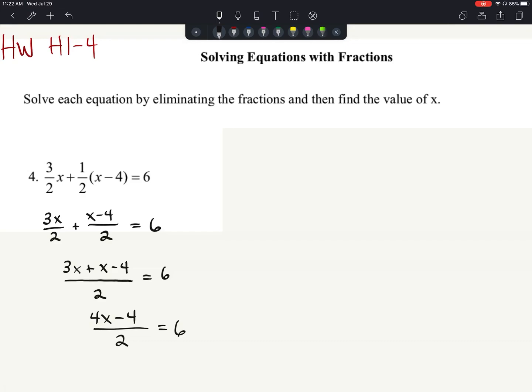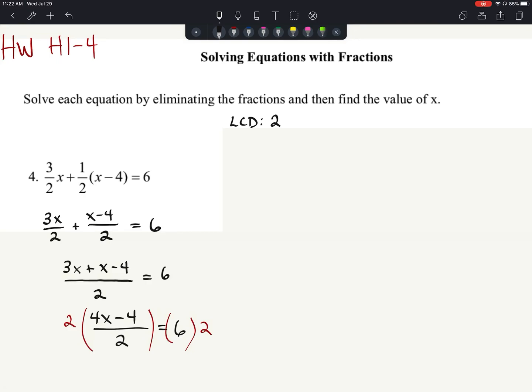Now, am I saying that is the only way to solve it? No, but if we're looking at trying to solve this here, I can still get rid of my fractions at this point by multiplying both sides by what would be the least common denominator. And what would the least common denominator be here? Well, that would be 2. So if I multiply both sides times 2,